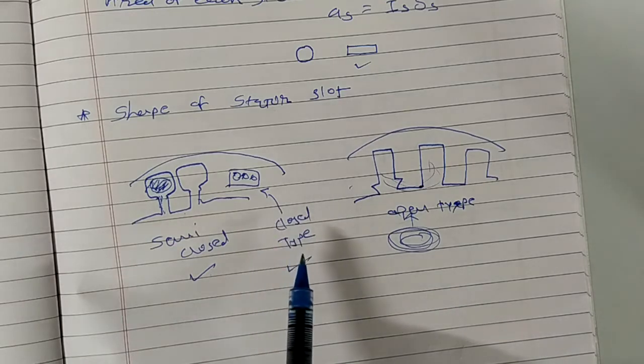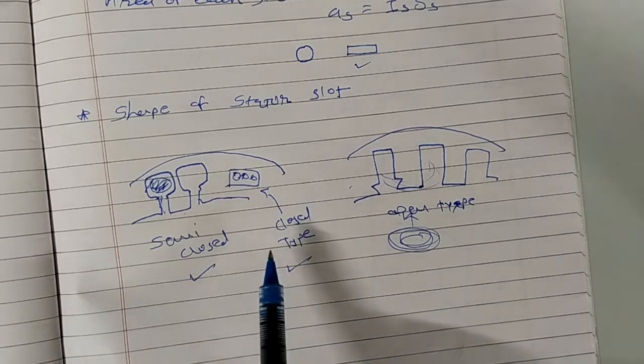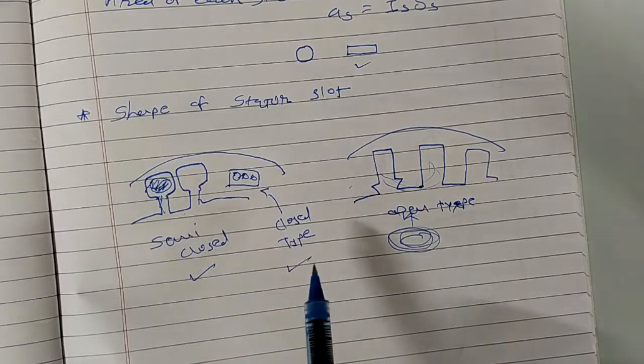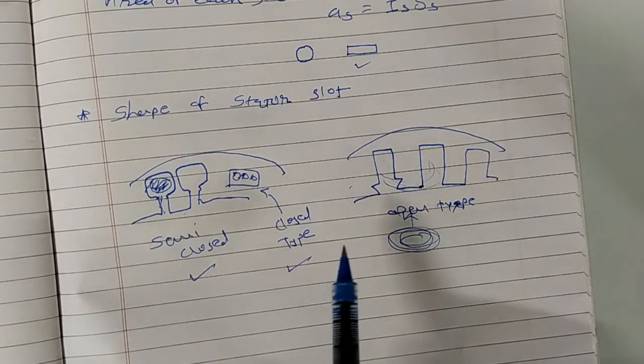And in small motors where round conductors are used, the tapered slot with a parallel sided tooth is generally used, which gives the maximum slot area. In large and medium sized machines where strip conductors are preferred, the parallel sided slot with tapered teeth is used. So we will see later what is the parallel sided slot.